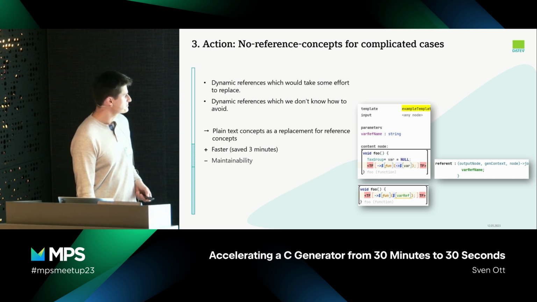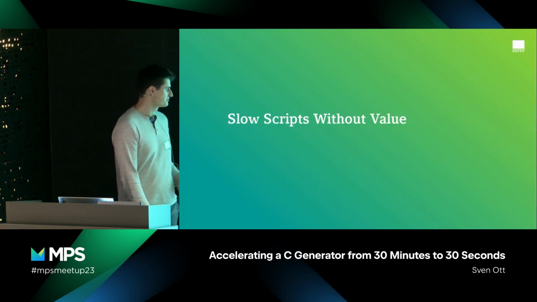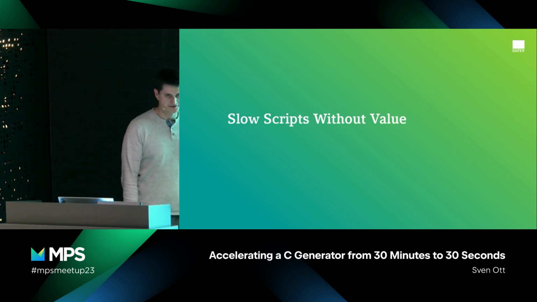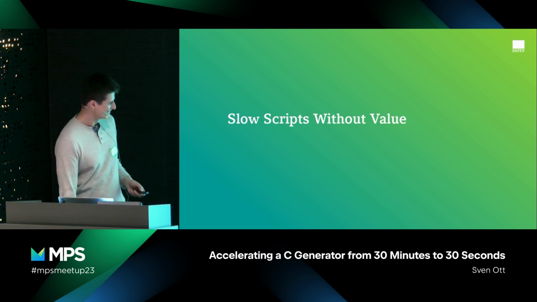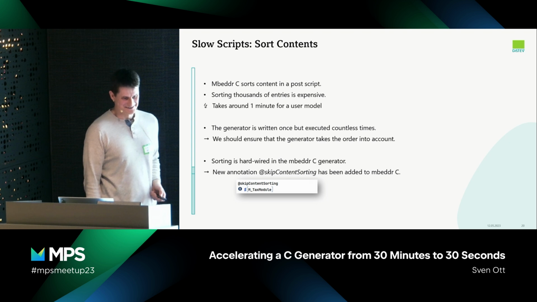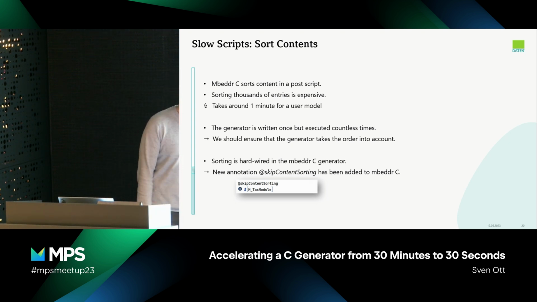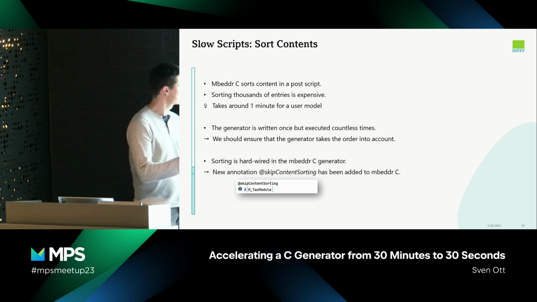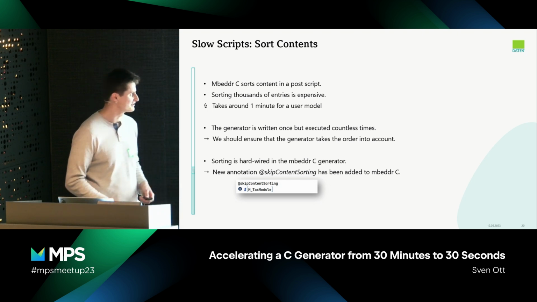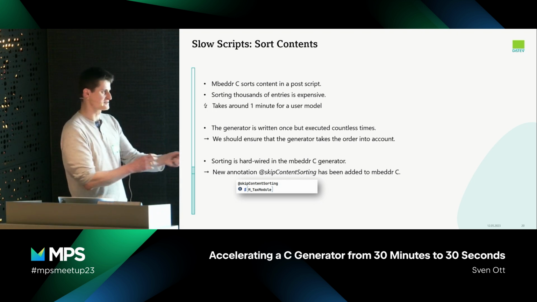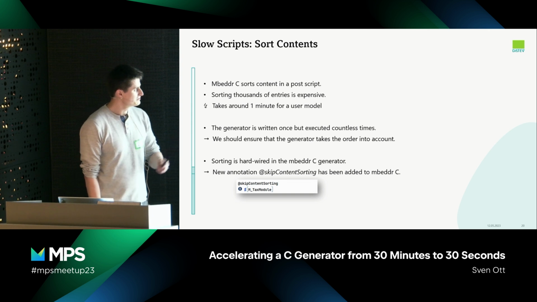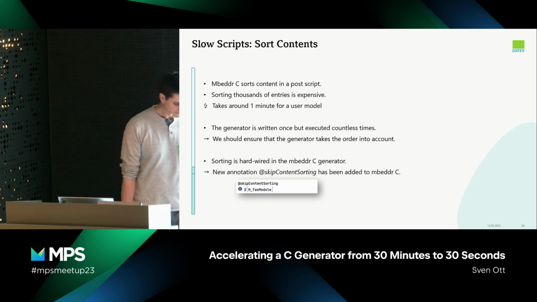Okay, after those 3 actions, we basically removed all dynamic references. And now I would like to talk about the next topic, which is scripts without any value. So I already said that we use mbeddr-C, and mbeddr-C is a quite complex framework of many generators and many scripts, and it can do a lot of stuff. Like you can use older C concepts, or you can transform the model to older C language and so on. And there is one major script, which was a major bottleneck, which sorts